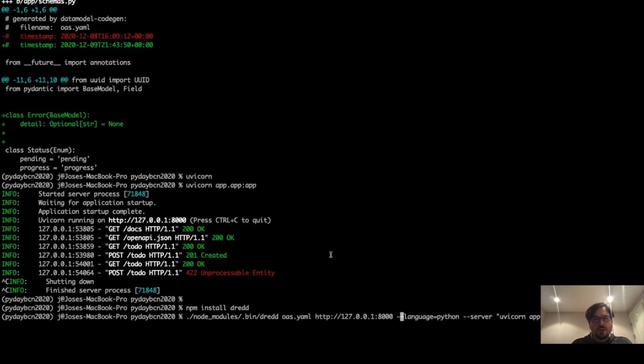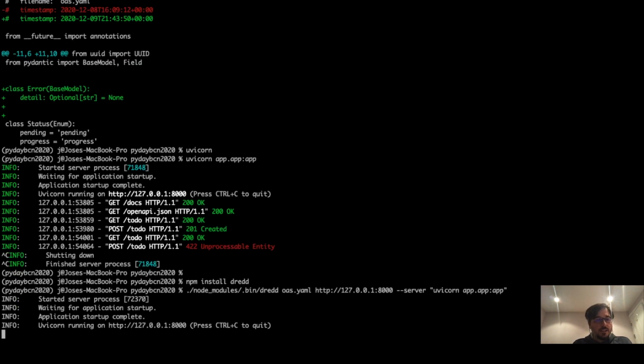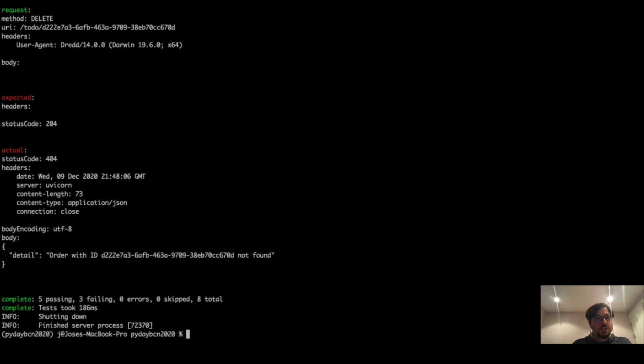The language argument is only needed if we are using the hooks, so let's remove that now. And the server argument is an instruction for Dredd to know how to set up the server for testing. So if we run this, it will run the test against the current implementation, but